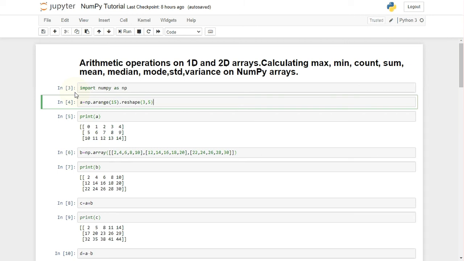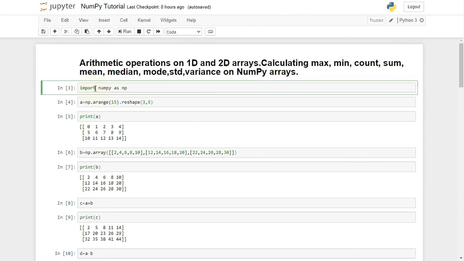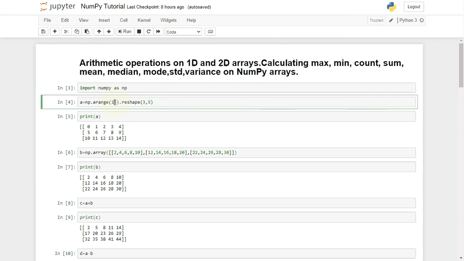Now to create a numpy array, we have to import the numpy library, and we are importing it as np here in the first cell. Then in the second cell we are creating a two-dimensional array. As there are only 1D and 2D arrays in our syllabus, to perform an arithmetic operation, which can be addition, subtraction, multiplication, division, modulus, etc., we have to create a 1D or 2D array. We are creating a 2D array for arithmetic operation. You can also take the example of a 1D array. It will be similar.